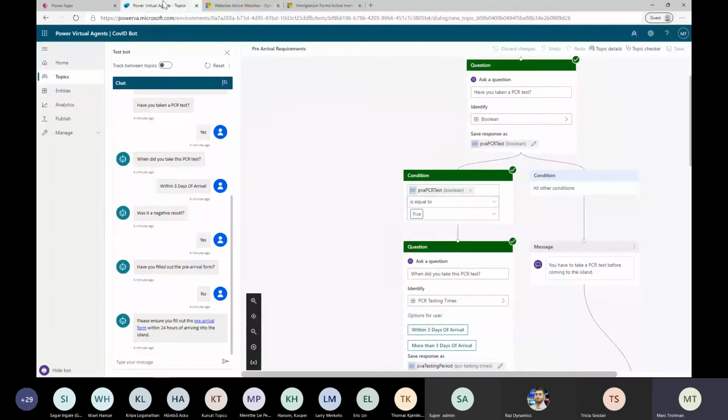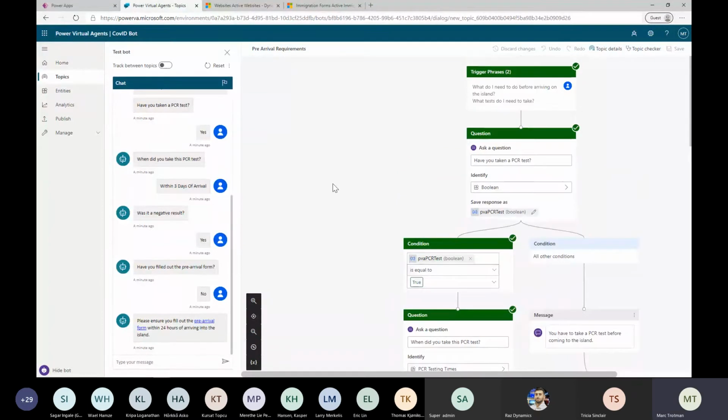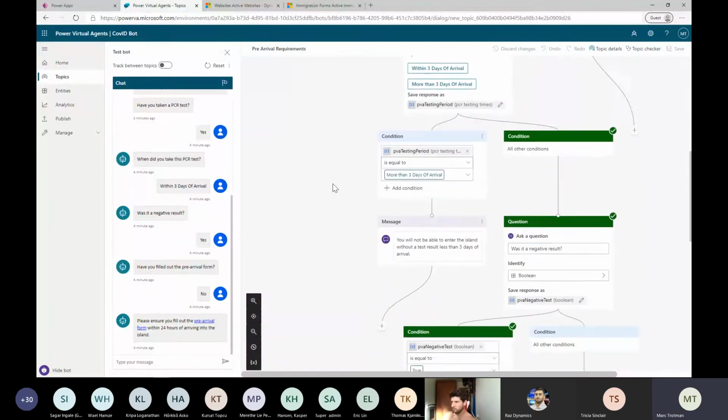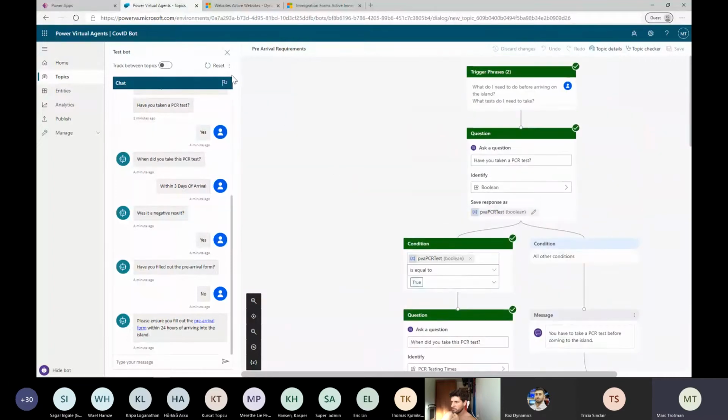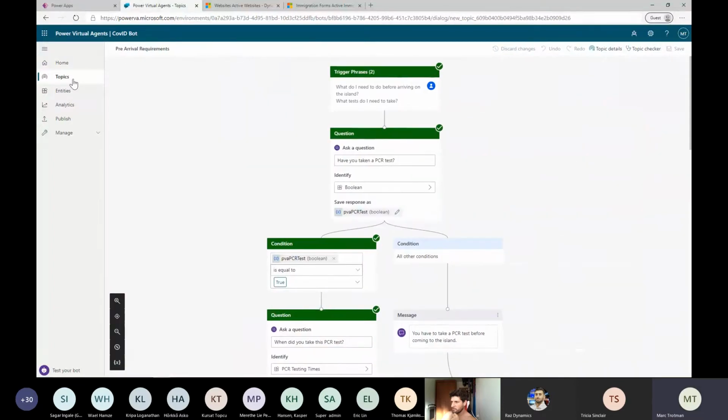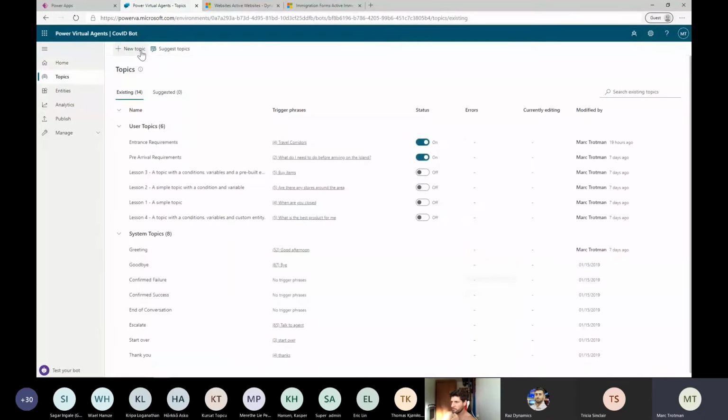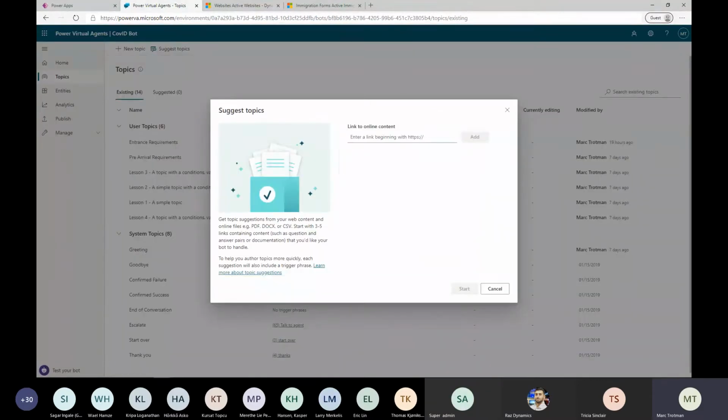You can see how easy it was to build, and it's very, very intuitive. Another great thing about it is that you have this option of suggest topics. And then what you can do is you can actually point at an actual website. So, for example,